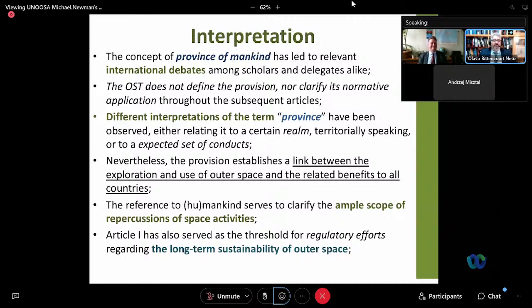Thanks a lot. Now, it's going to get a little bit trickier. Because first of all, you must always realize, and you all know, that treaties don't operate in a vacuum. So it's important to consider the interpretation of Article 1. And in one way or another, they're going to reflect the views, the concerns, and the fears of each and every nation in relation to the peaceful exploration and use of outer space.